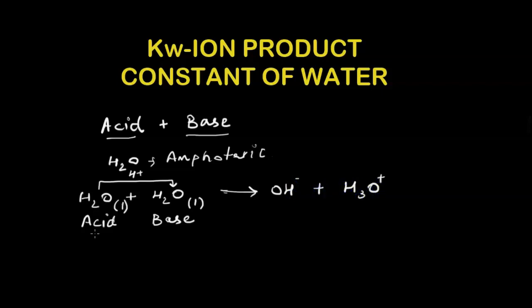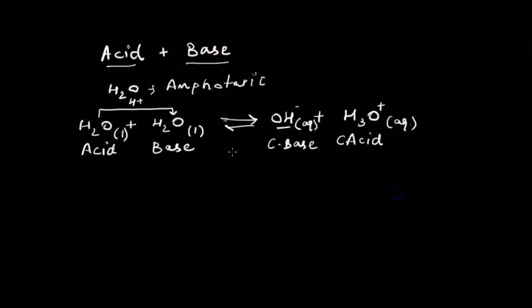So if H2O is the acid, this is going to be its conjugate base, and this base is going to be its conjugate acid. The reason is, because this is going to be under equilibrium, if we reverse the reaction, then OH negative is the one who will take the H positive from H3O positive. So then this is going to become the base and this is going to become the acid when we go backwards. Now because these are ions, we know ions exist in a state called aqueous, and since this is a reversible reaction,